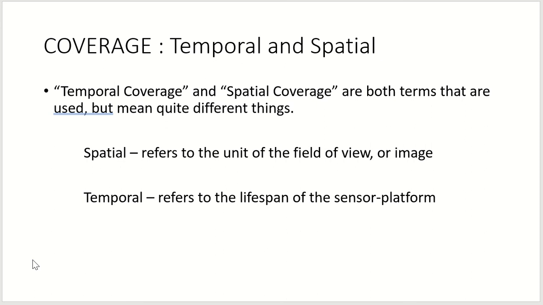So for something like Landsat 6, Landsat 6 doesn't have any temporal coverage because it never produced usable data. On the other hand, Landsat 5 was up from 1985 to 2012. I believe I got those dates right. Anyway, it was up for a long time,